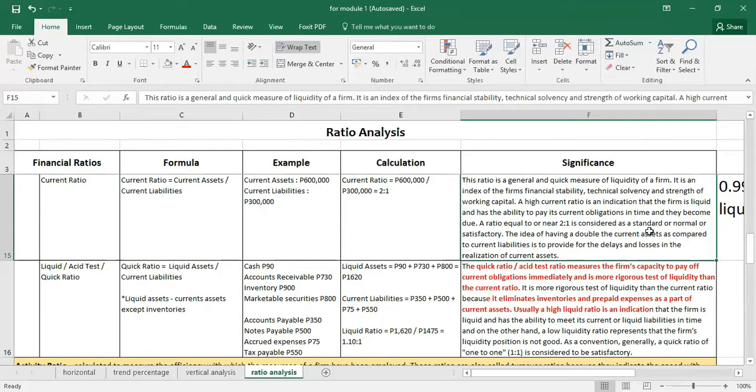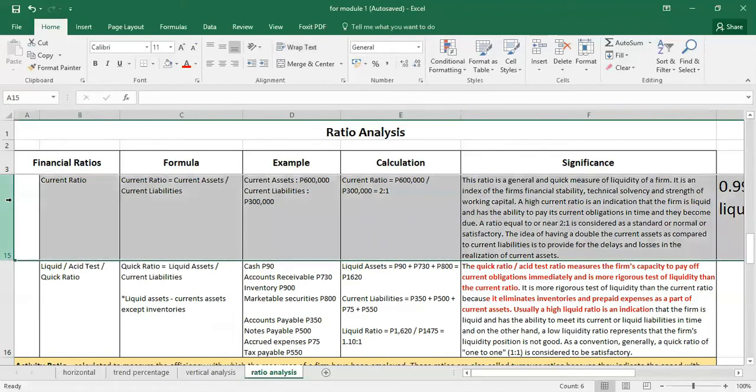A high current ratio is an indication that the firm is liquid and has the ability to pay its current obligations when they become due. So, simple lang naman ang purpose why are we computing current ratio. We are computing current ratio because we want to know if the firm can pay its current liabilities using its current assets. So, a ratio that is near or equal to 2:1 is considered as a standard or normal or satisfactory. Again, ang ratio na 2:1 kapag current ratio, even nga 1:1, okay na yan, at least makakover ng current asset